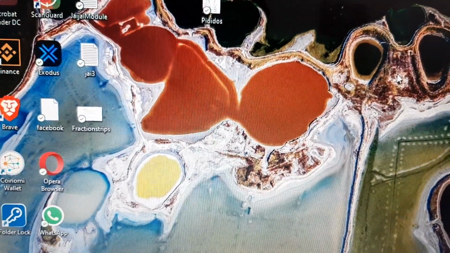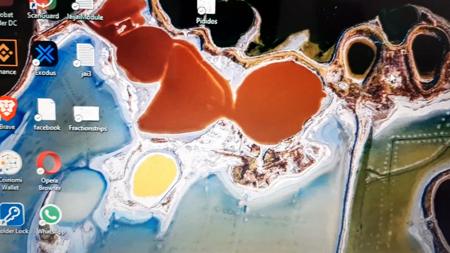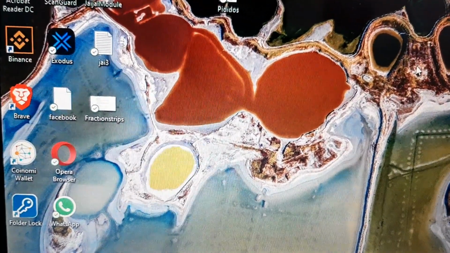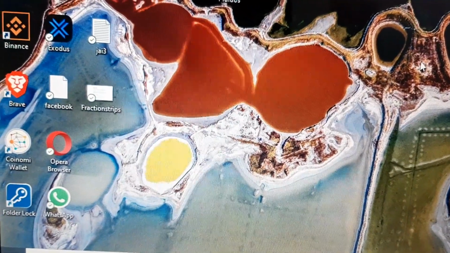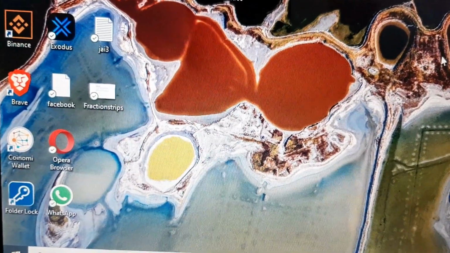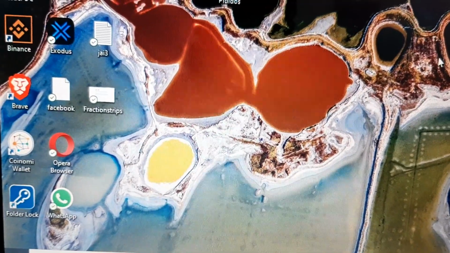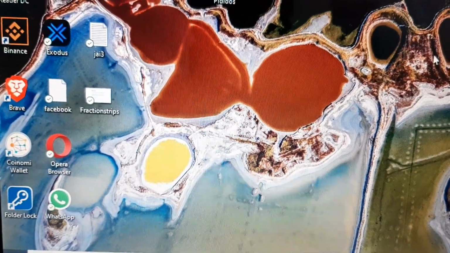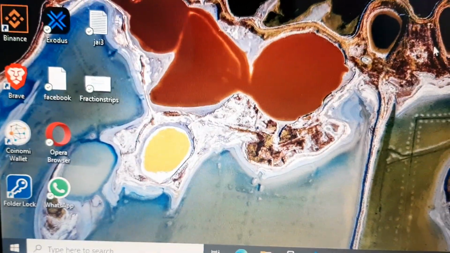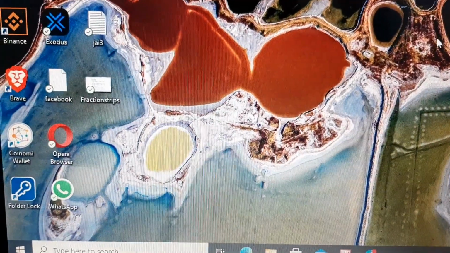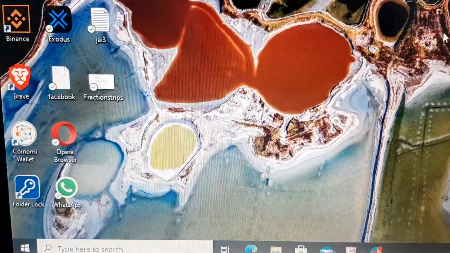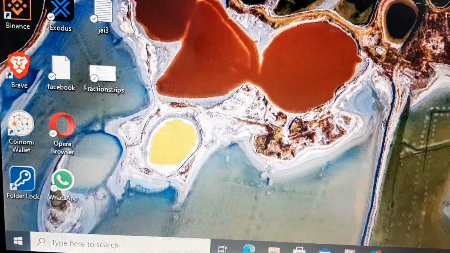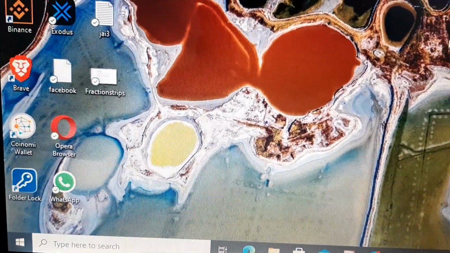Alright, so this morning, guys, ang pag-uusapan natin ay tungkol sa kung paano mag-backup automatically using Windows 10. So how to back up our files automatically using Windows 10. Alright, guys,